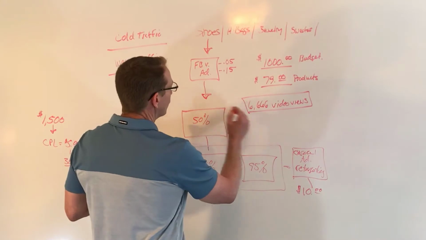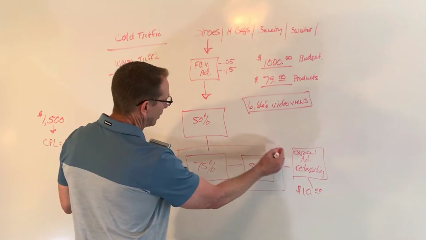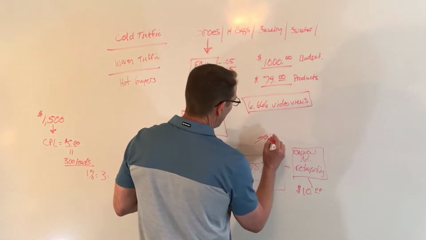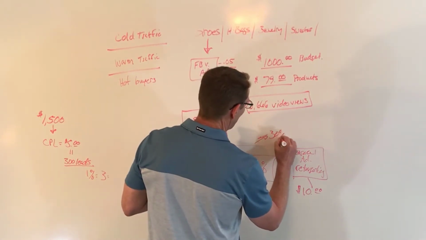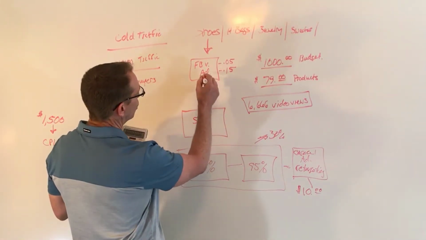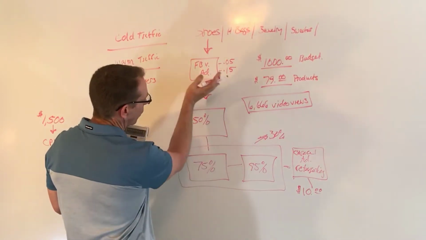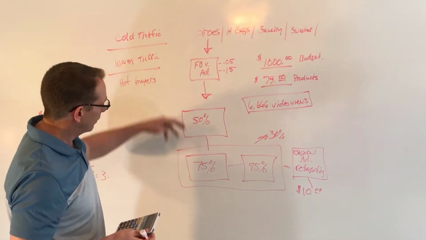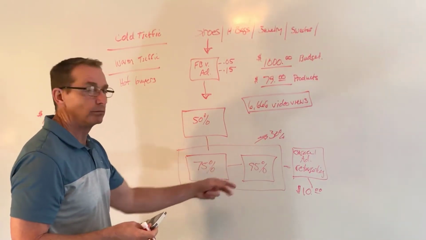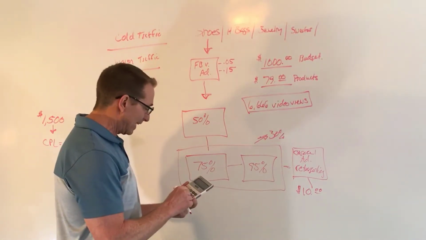Okay, so out of the 6,666 video views, how many people do you think are going to end up here in this low-hanging fruit? I'm going to suggest you're going to be somewhere right around 30%. So in other words, 70% of the people who watch this video longer than 10 seconds is going to fall below the 75%. So you're not going to get 30% of the people watching it. And it really depends on your product that you're selling. So if that's the case,